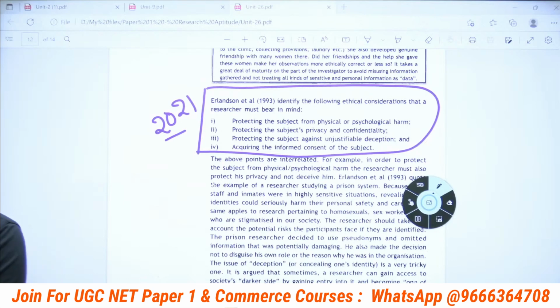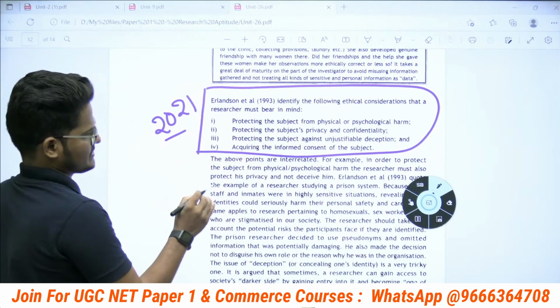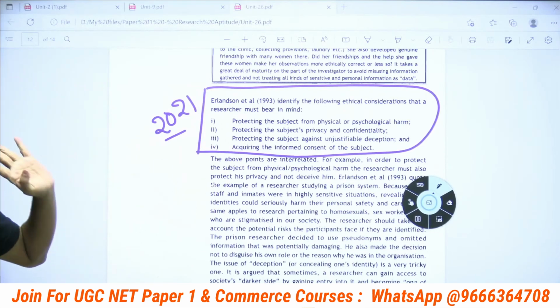Right? This comes under ethical considerations a researcher must keep in mind. This is also a PYQ point from 2021. Right? Now,